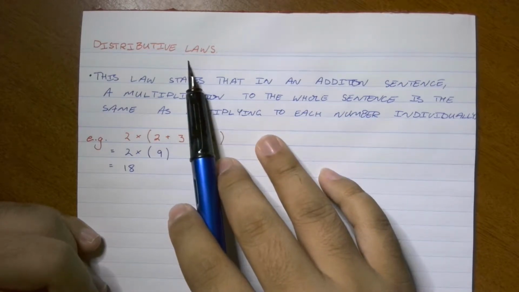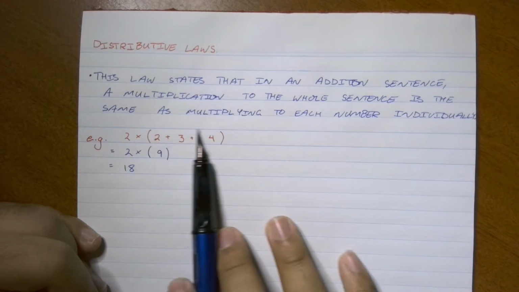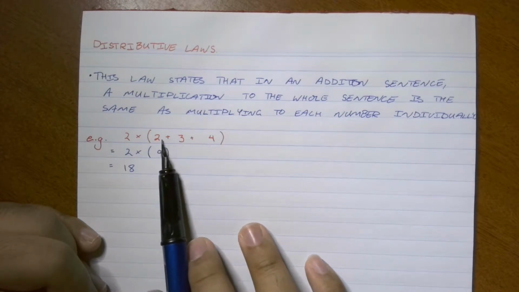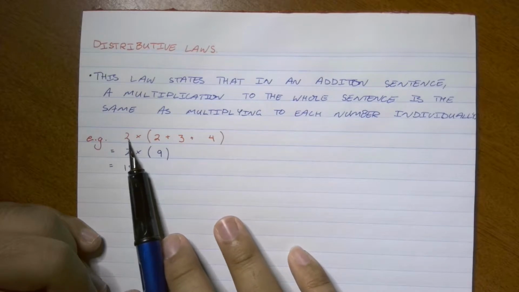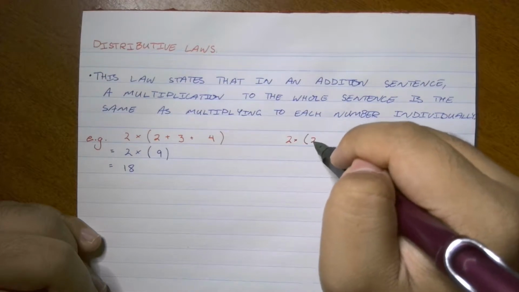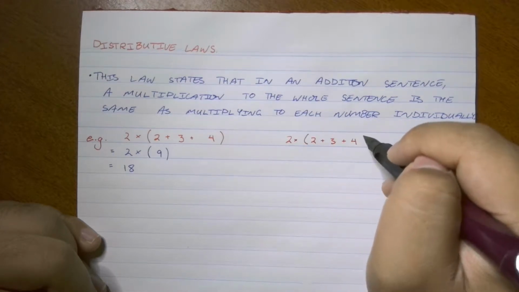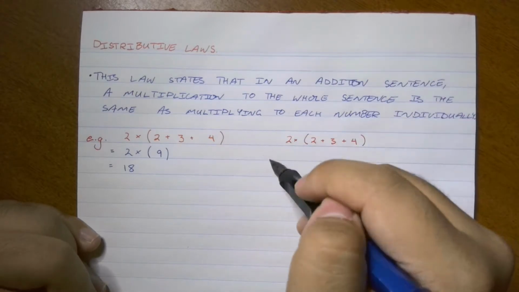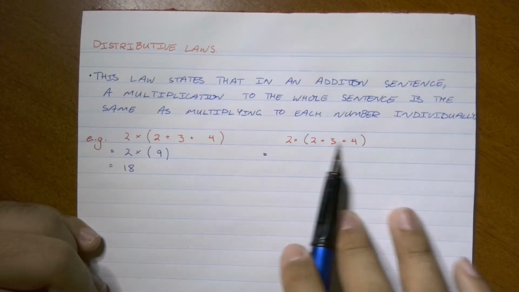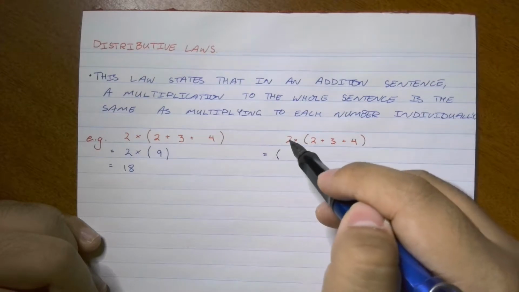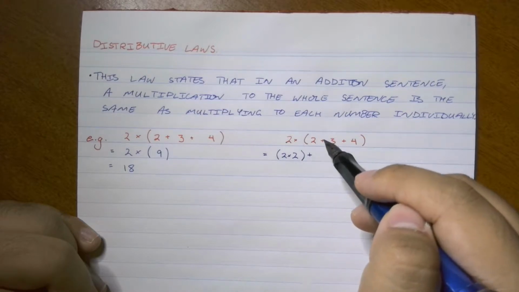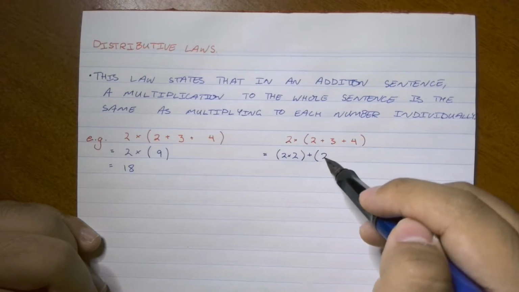What the distributive law states is that rather than multiplying the whole group, we can multiply each individual addition, each individual number, by the same number here. Let's demonstrate this. 2 times 2 plus 3 plus 4, that's our same question again. What this means is that we can multiply each number individually by this. So it's going to become 2 times 2 plus 2 times 3